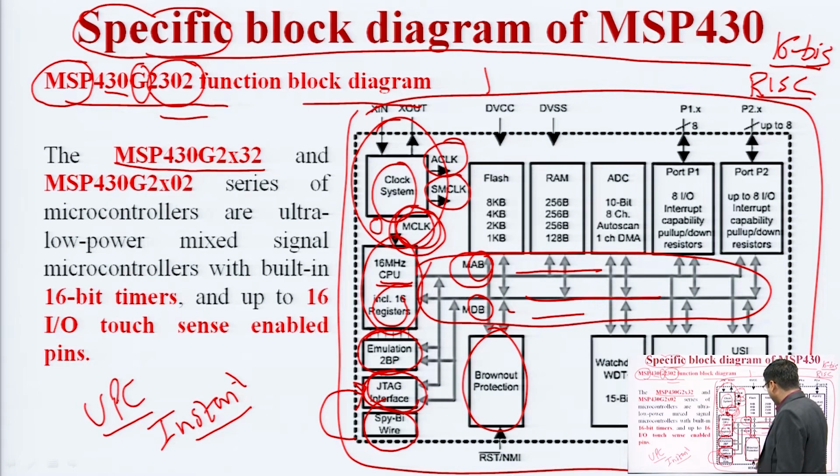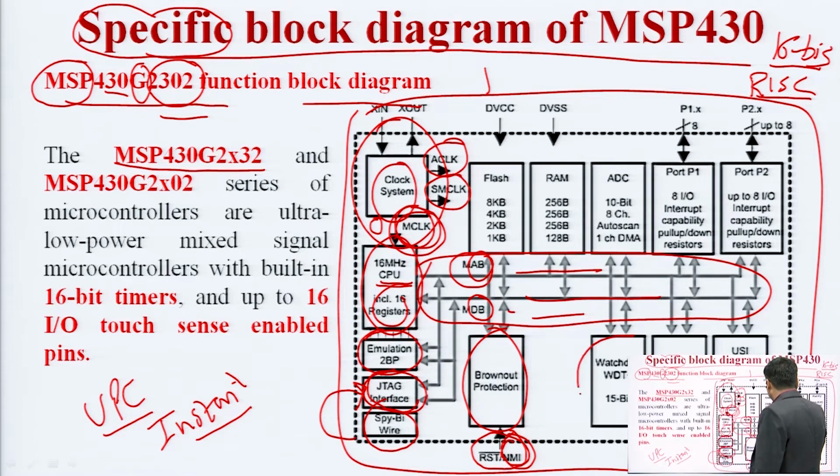To trigger the brownout reset circuit, we need to supply the restart or the non-maskable interrupt. So basically, the brownout reset circuit will create interrupt signals. If we want to reset our system in case of low power supply, then whatever signal the brownout protection circuit supplies is basically in the form of an interrupt.